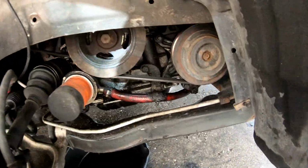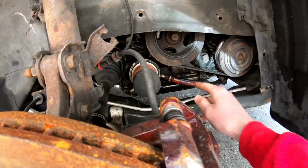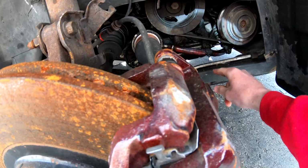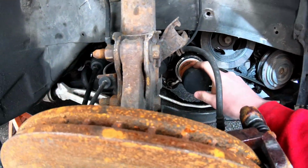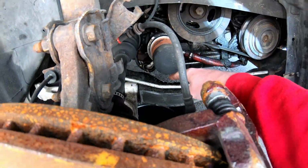Alright guys, so pretty much we got this line right here. It's supposed to be a steel line, although it's been replaced with an air compressor hose for some reason, so we're going to replace that. Behind the oil filter is where the gasket is that's blown. You can see there's a clean spot right there on the